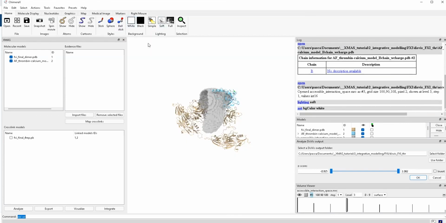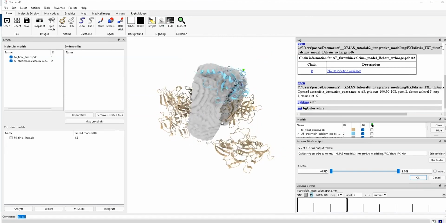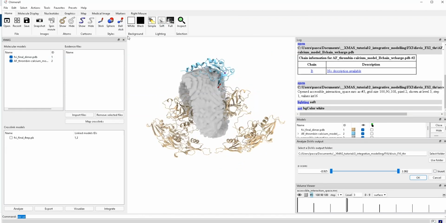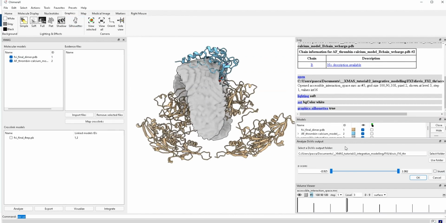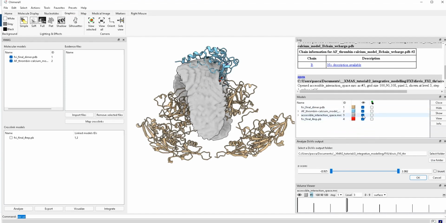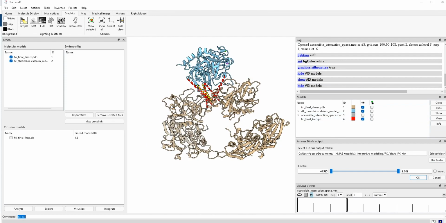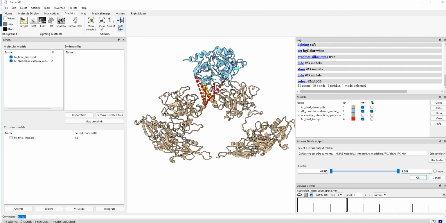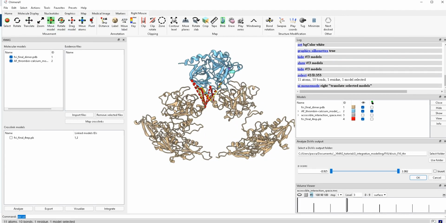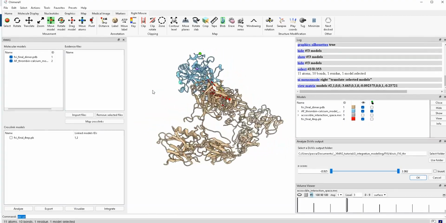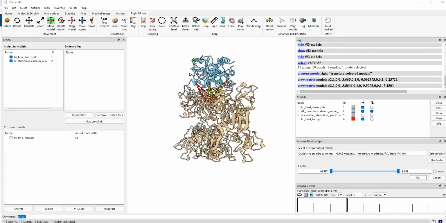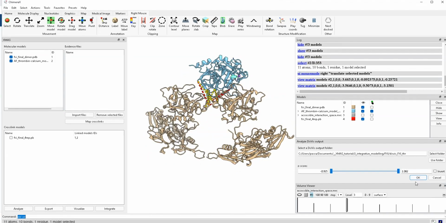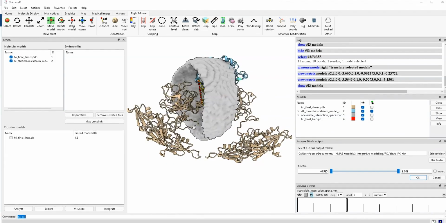What we have here is, I think, pretty obvious. We have the factor 11 dimer. We have the accessible interaction space that is defined by DisVis and our set of restraints. Of course, these have been selected. We can move the model. It's pretty obvious now where the interaction site is, but if you look at the map, you will notice that,